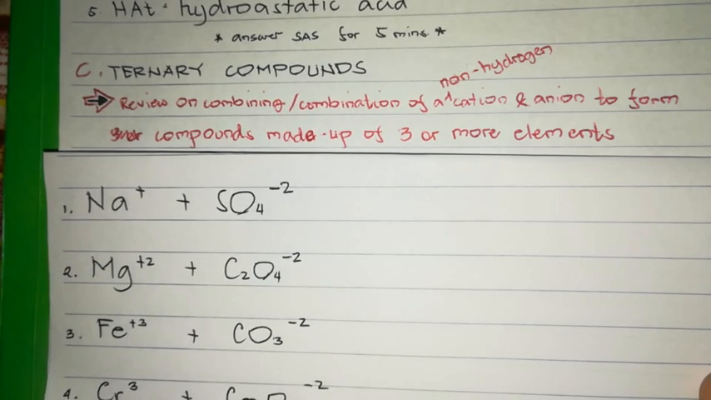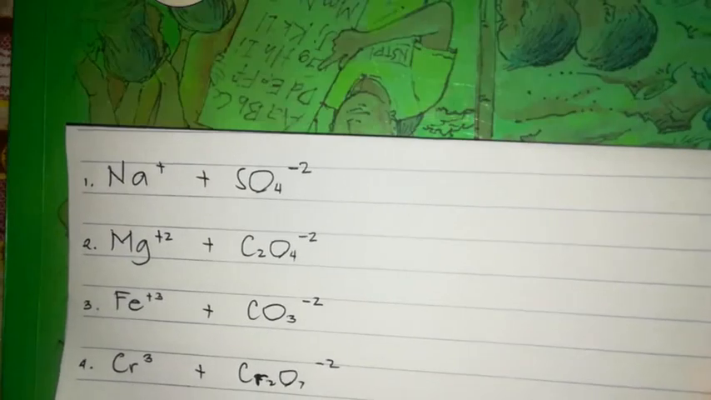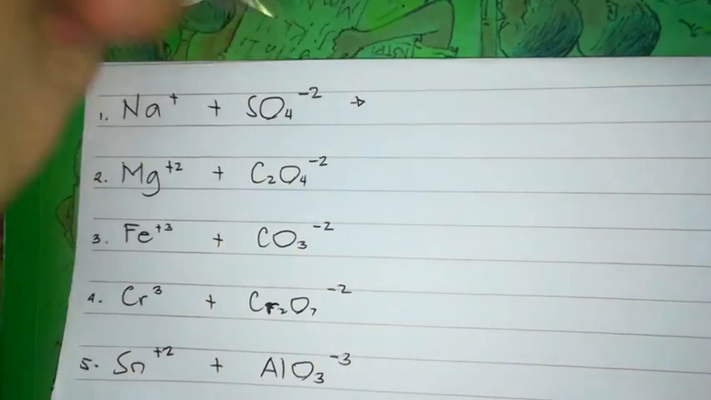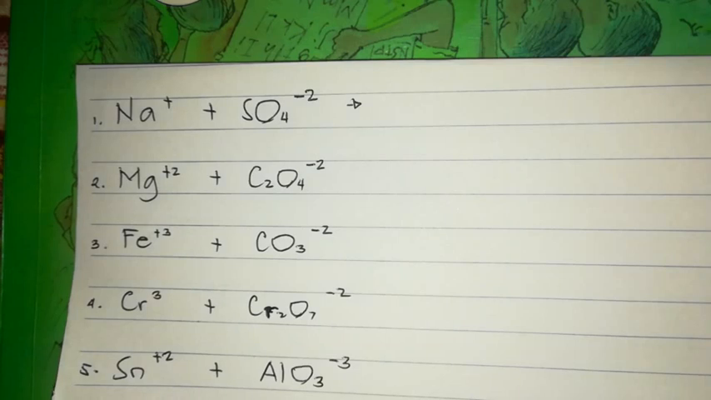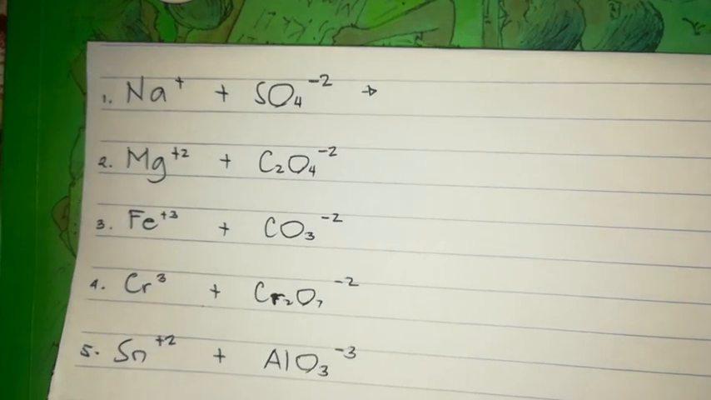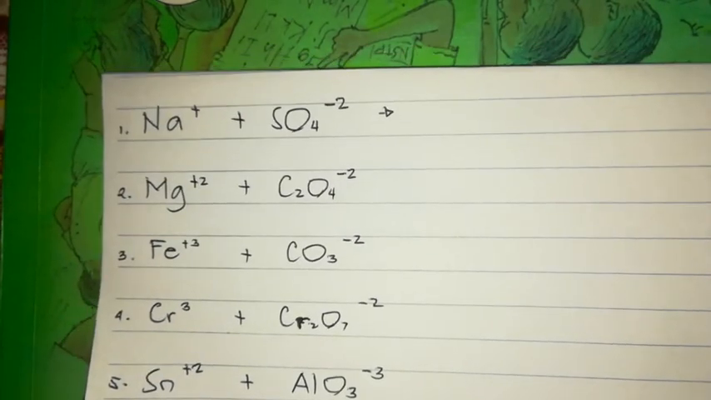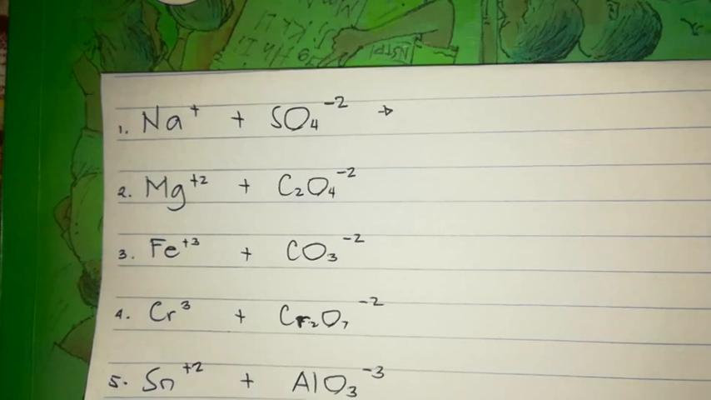Now before we go there, let us have a review on the combination of a non-hydrogen cation and an anion to form compounds made up of 3 or more elements. I have here a list ng mga substance na kapag pinagcombine natin will produce 3 or more different elements. Now, yung rule natin dito sa ating ternary compounds is a summation or combination of the different rules that we